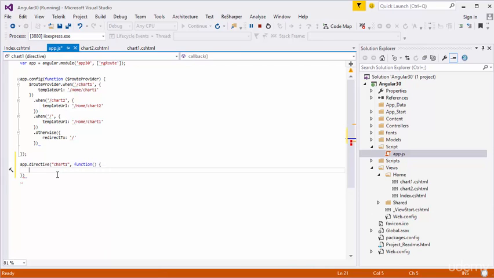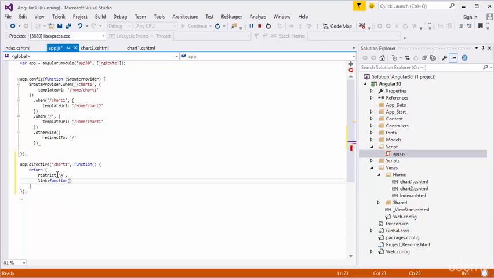I'm going to return this directive, and this time I am going to create a custom directive for attribute type. I'm going to restrict it to type A. That means I'm restricting this one to attribute type, and I'm going to create a link. This is a link for a Google chart, and function,